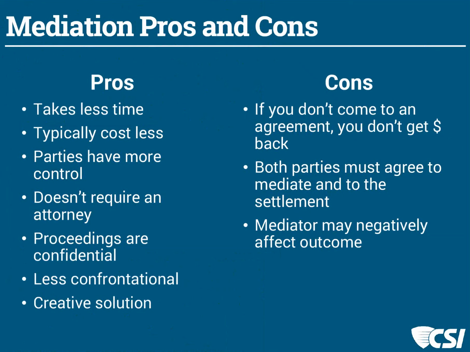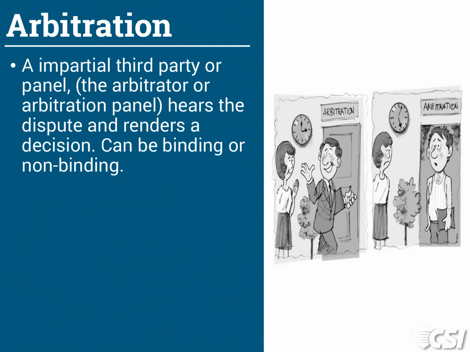And one other thing is if you end up with the wrong mediator, then that can have a negative impact on the outcome. And certainly you would, in a mediation process, want to be sure you ended up with the right person at the table. So that's an example and a little brief discussion about mediation as one of the regular methods of dispute resolution. Let's go to the next slide, arbitration, and see if there are any questions, Matthew.